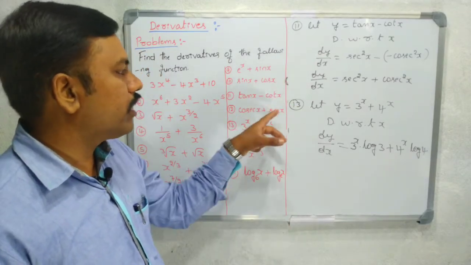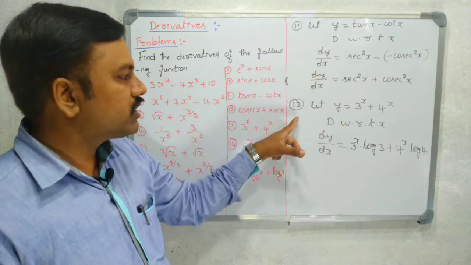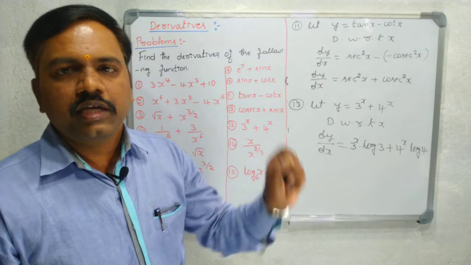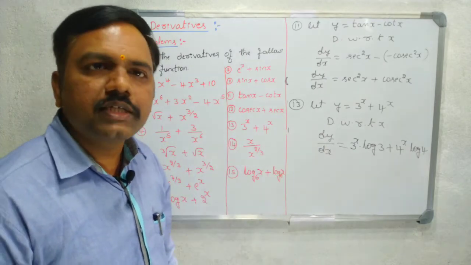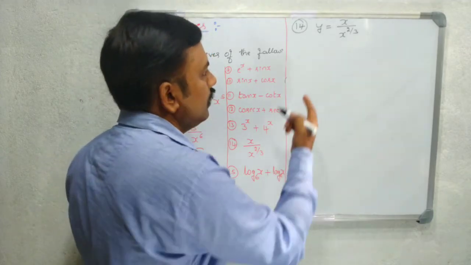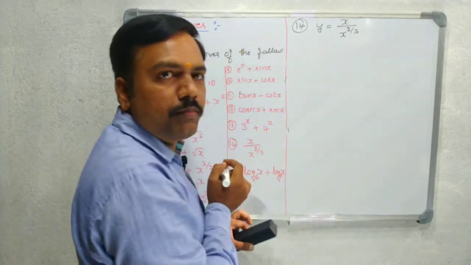The 14th one, ಇದಿಷ್ಟು ನಿಮ್ಗೆ ಎಲ್ಲರಿಗೂ ಅರ್ಥ ಆಯ್ತಾ? 12th one problem ಹೋಮ್ವರ್ಕ್ ಕೊಟ್ಟ, 11th one ಇದು ಅರ್ಥ ಆಯ್ತಾ? ನೆಕ್ಸ್ಟ್ 13th ಅರ್ಥ ಆಯ್ತಾ? ಏನಾರ ಡೌಟ್ ಬಂದ್ರೆ ಕೇಳಿ, ಐ ವಿಲ್ explain how to solve the problem. Is it clear? Next problem is y is equal to x divided by x to the power of 2 by 3. See here, ಇದನ್ನು x divided by x to the power of 2 by 3 ಇದೆ.